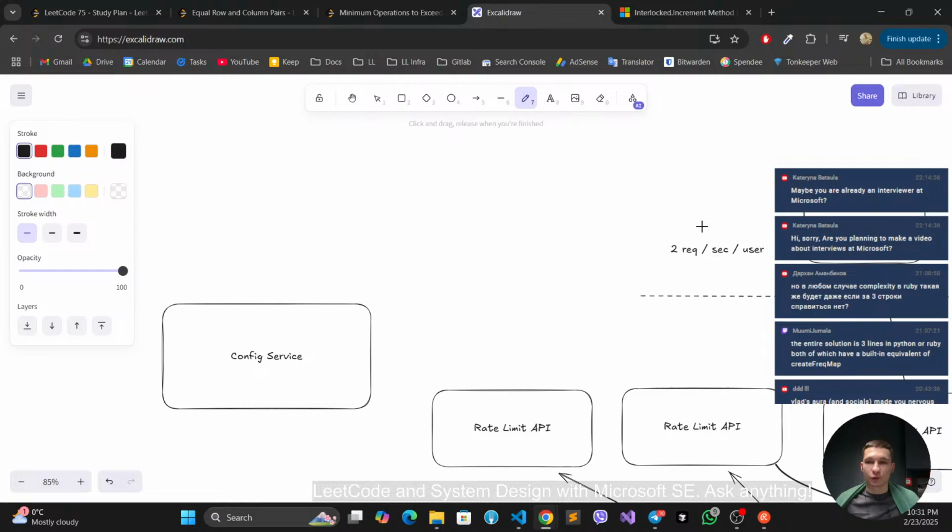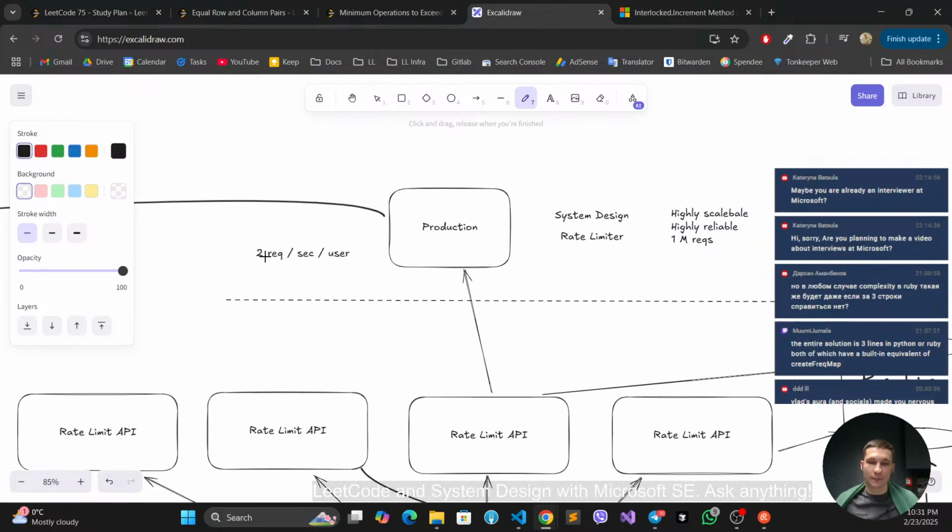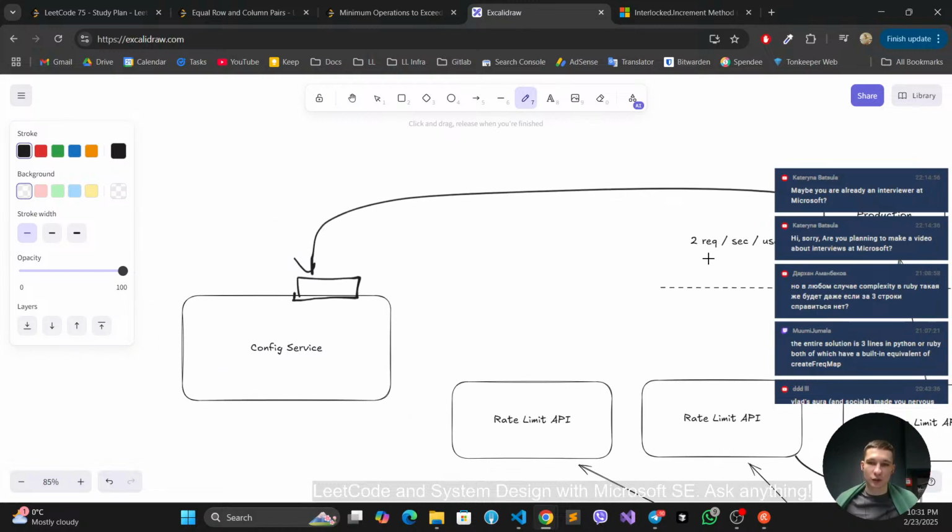And how it works is that in our production, we expose an API for our customers, which is the production service, and this API can update the rate limiting configuration, also including the rate limiting window. So instead of 10 requests per second, it's going to change to 2 requests per